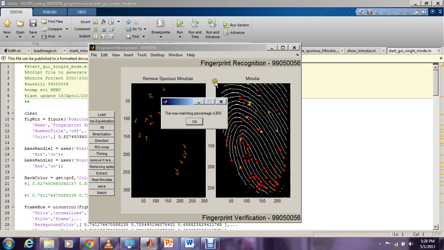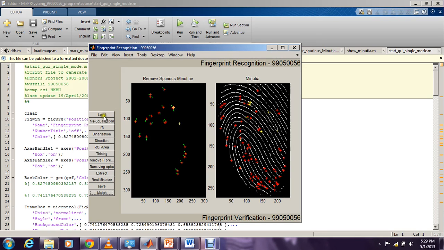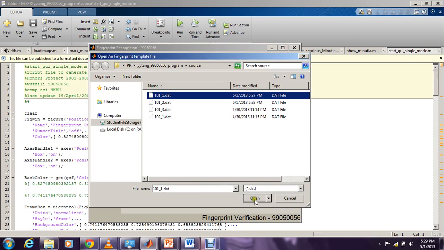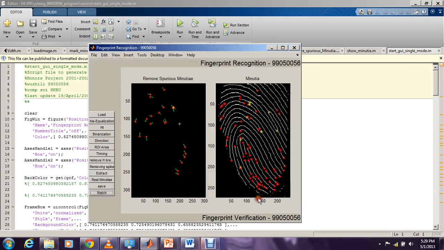Depending on the application in use, we can set a threshold to decide whether the two fingerprints match or not. This process cannot always give you a 100% result because there are many minute details that may appear to be the same or may be different while actually being the same, which may result in a match percentage of maybe 90% or 99%, and not exactly 100%. But in this case, if I try with the same two files, I do get 100% analysis. The max matching percentage is 100%.